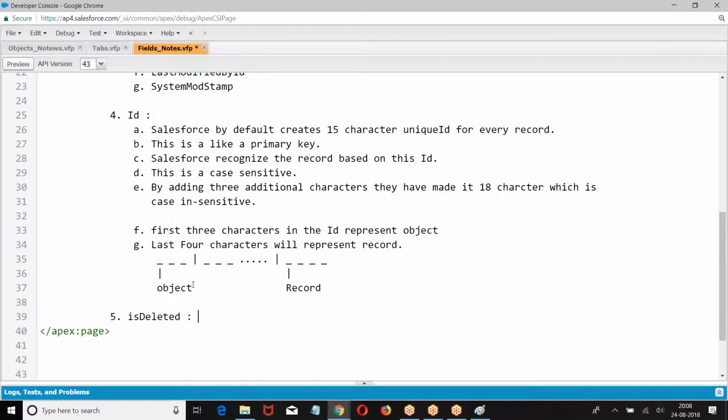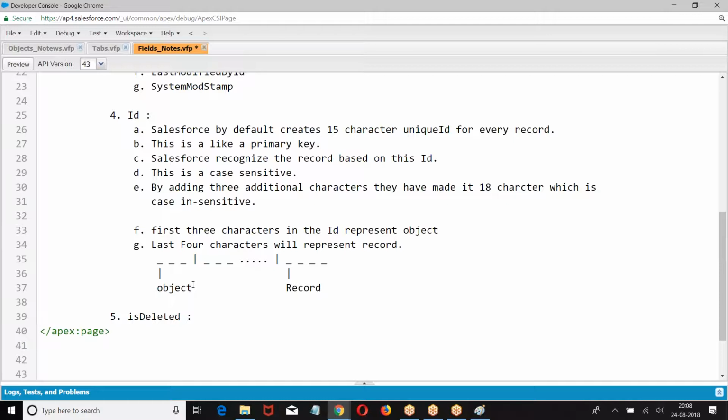During these 15 days, how do you know whether the record is deleted or not deleted? That is recognized based on IsDeleted. The moment you delete the record, it is still in the table only, but the value of IsDeleted is kept as true.